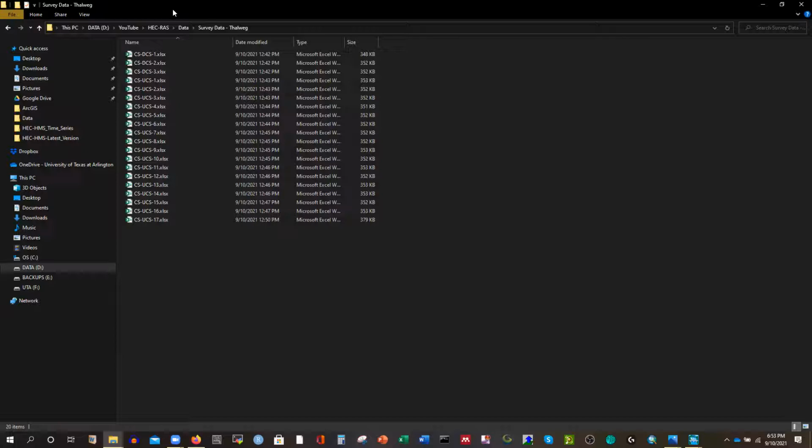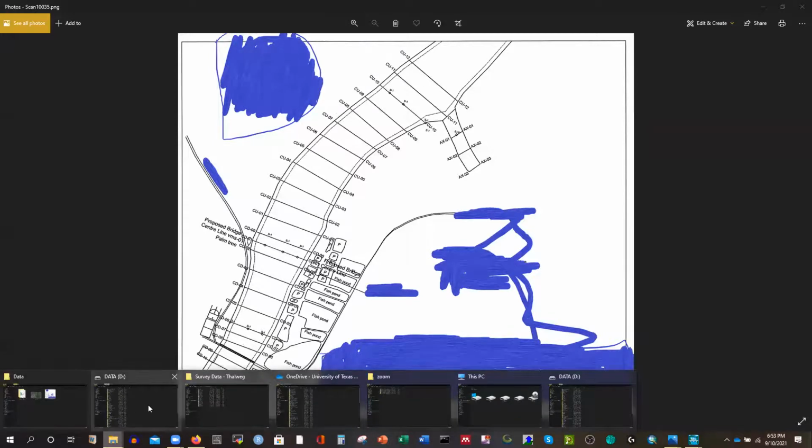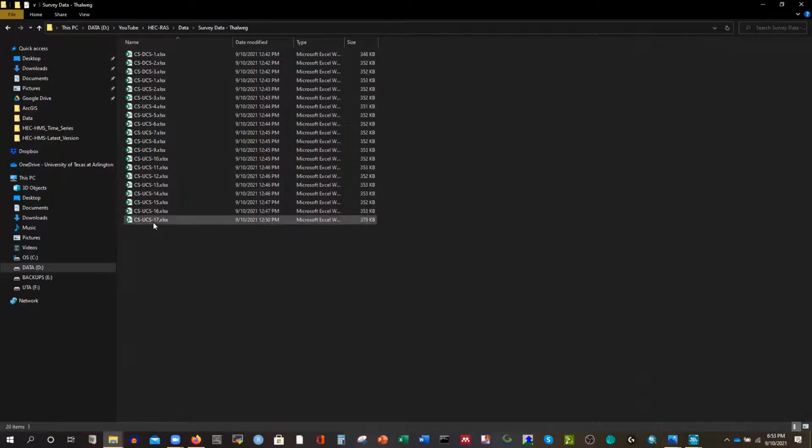Here you can see that we have a total of 20 cross sections, and UCS means these are the upstream cross sections. In the plan you can see the maximum number for this case, because this is the plan. They just mentioned, okay, they will take 12, but in reality they took 17. So 17 means it is the most upstream, and 1 means it is the upstream of the breeze, right? So our most upstream will be the maximum number of cross section. See, 17 means most upstream, and if you go to 1, it is close to